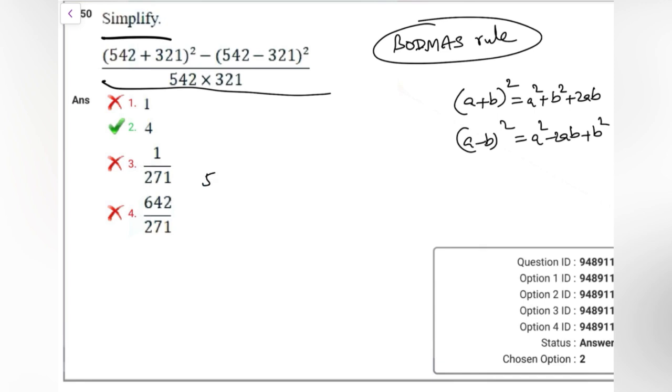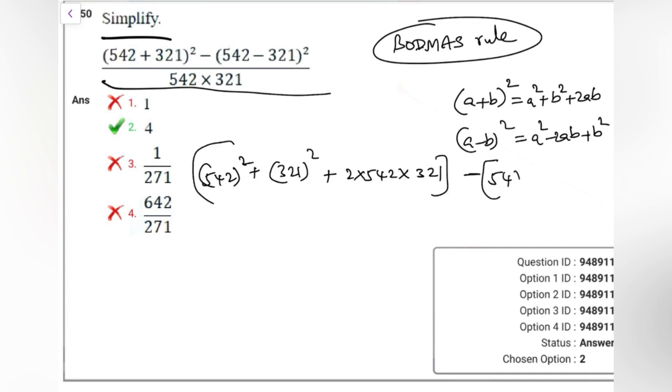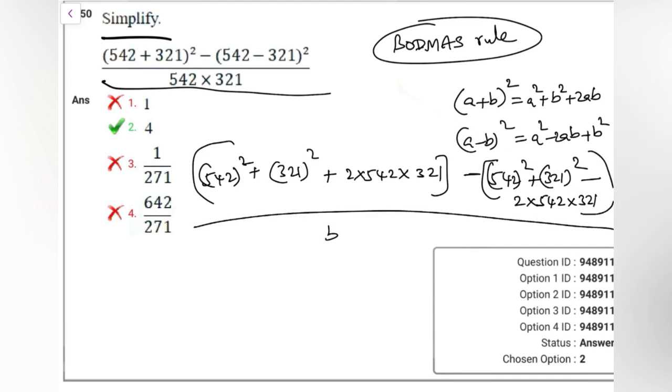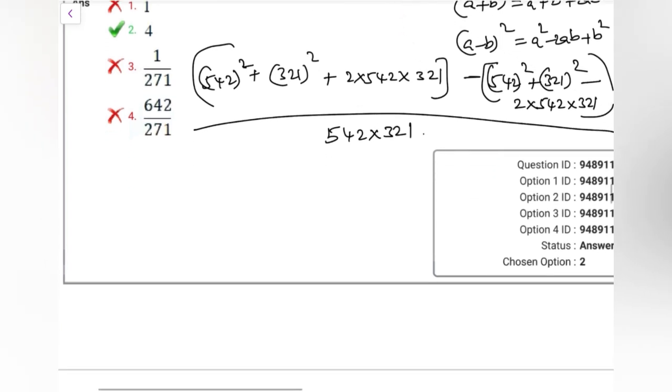So the equation can be written as 542 square plus 321 square plus 2 into 542 into 321 minus 542 square plus 321 square minus 2 into 542 into 321, divided by 542 into 321,